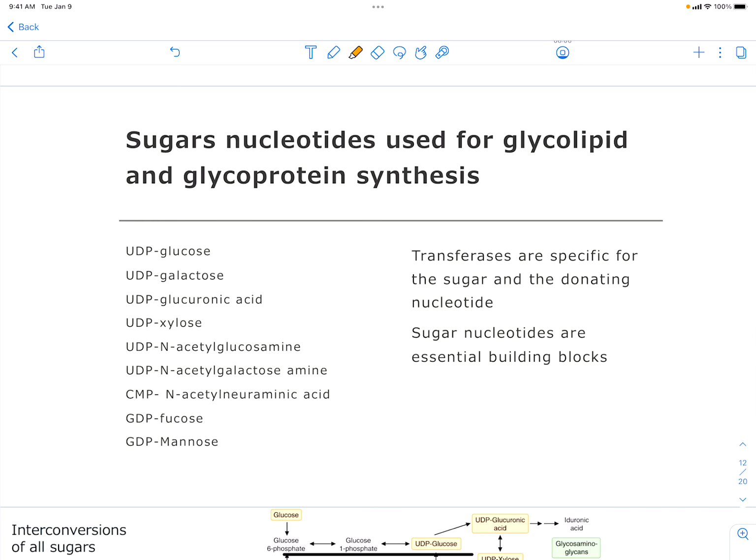There's a group of sugars that are going to be used for both glycolipid and glycoprotein synthesis. And you can see here that all of these sugars are going to be activated. So we have a series of UDP activation. And then we have a CMP, which is very unique, and we'll talk about that. And then we have GDP. You're going to have enzymes that are going to be specific for both the sugar and the nucleotide. So the reactions of making the glycosylation are going to be specific. And then the sugar nucleotides are going to be essential building blocks for our proteins and our lipids, for them